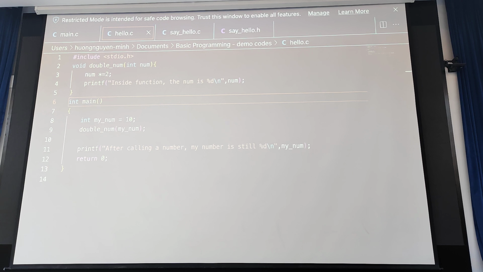In case it's a variable, the value of the variable will be copied, and this copy is input inside the function. So the value of the variable is not changed. It doesn't change.